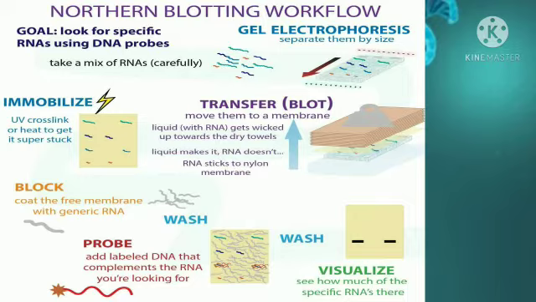Also, even acid treatment: if you remember properly, in southern blotting we used 0.25 molar HCl. In northern blotting, acid treatment is also not required, as mRNA samples are already smaller in size compared to genomic DNA. So acid treatment is also not required. So till now we did RNA isolation, then gel electrophoresis. Now we will do the blotting step.